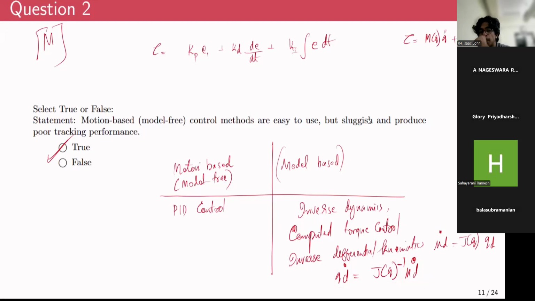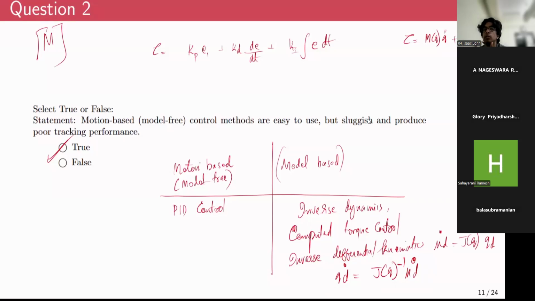Next, is inverse differential kinematics and inverse dynamics the same, or are they different? No, in inverse kinematics, we are only dealing with the velocities. We are not really dealing with the dynamics of motion. So in one example, if your robot is actually moving very slowly,